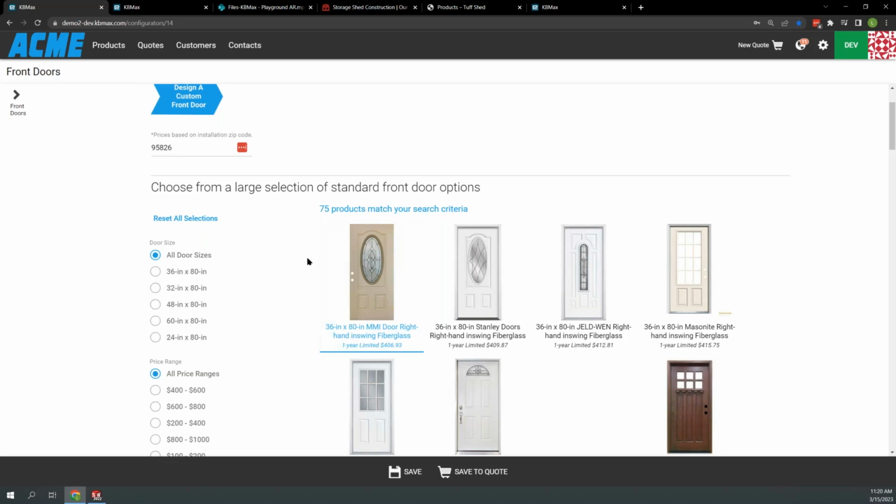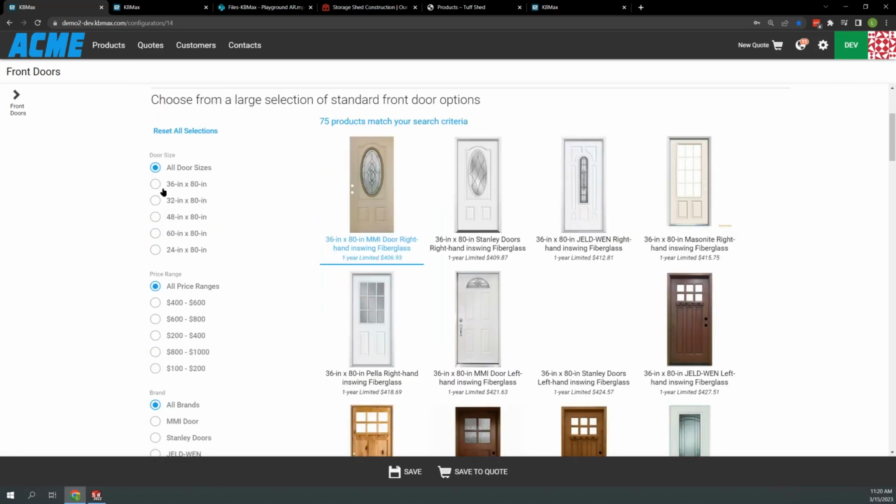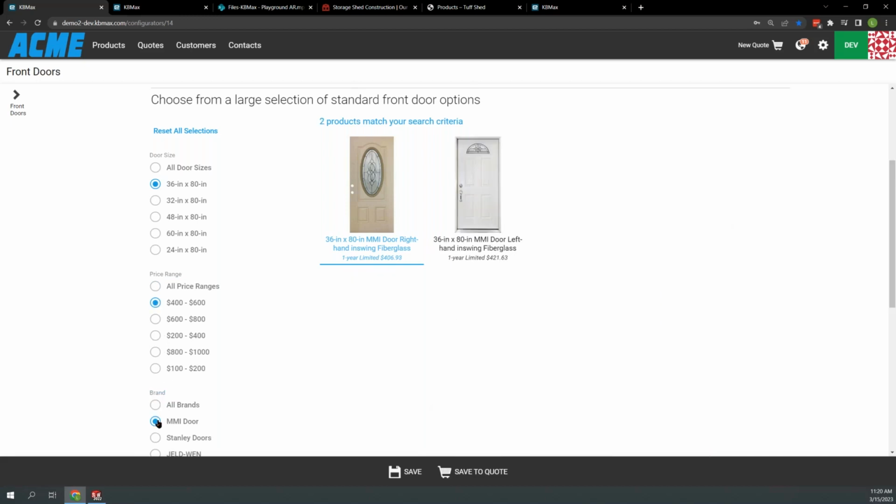In the first example, if we wanted to select a standard door, we could enter this Amazon-like experience where we select a few different features and options to filter these doors down. See, we have 15 products that match the search criteria. If I wanted to add a price range, I could do that as well, and the products will filter down to only those that match the filter I've set. Now, this may work if we have a bunch of standard doors,